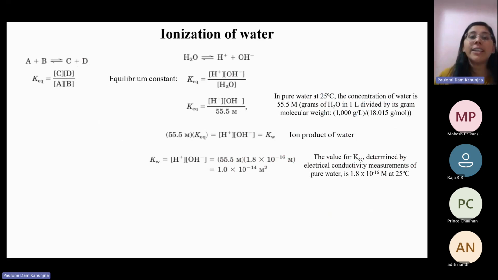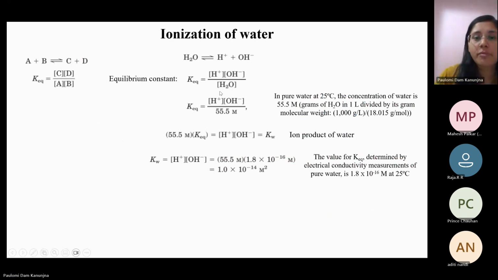Now, for this dissociation, we can look at the equilibrium for this reaction as well. On the left is the standard equilibrium constant formula, where you have products and reactants. So your equilibrium constant is basically given by the products concentration divided by the reactants concentration. Now if we bring it to the water dissociation equation, where water splits into H plus and OH minus, the equilibrium constant will be K equilibrium equals H plus times OH minus, which are the products, over H2O,